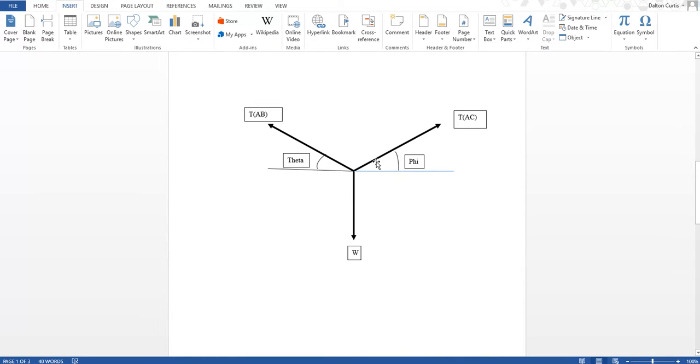So the next step now is to draw a free body diagram of the system, which will dumb it down and help us solve it. And there are three vectors. There's the tension in AC, the tension in AB, and the weight W. And it has angles theta and phi. As you can see, this only has a negative y component. These two have positive y components. This one has a positive x component, and this has a negative x component. This is important for when we make the equations to solve it,